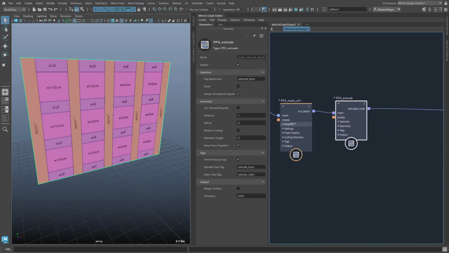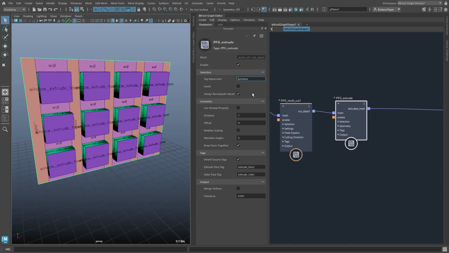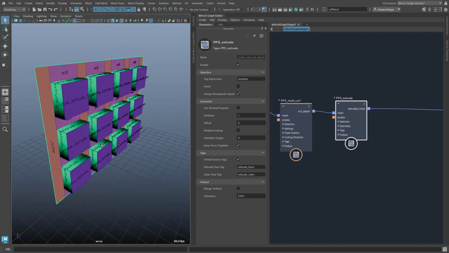Currently it doesn't extrude anything because we want to pick the window here, not selected faces. Window, so it's not clear if I should always have the wildcard in there, or maybe very specific expressions so that it doesn't extrude by default. So by default it extrudes outward, and this